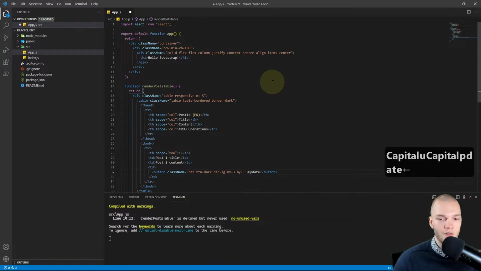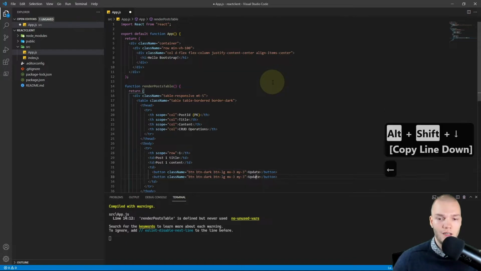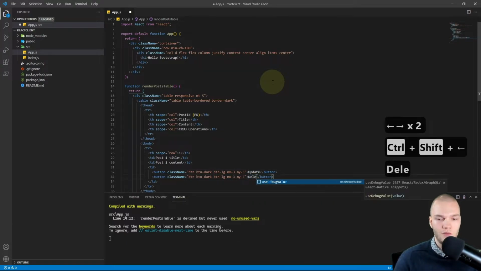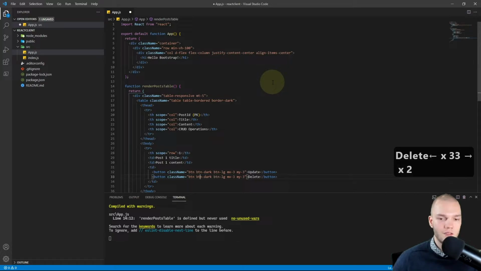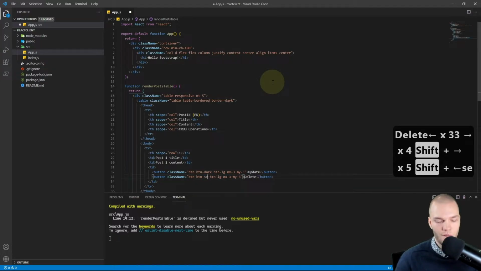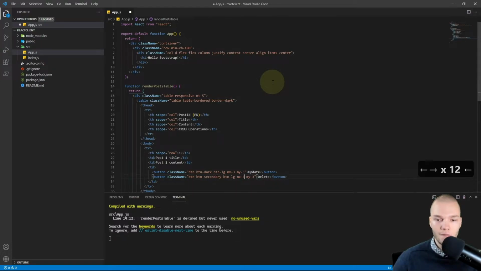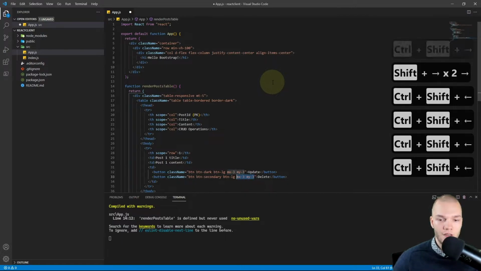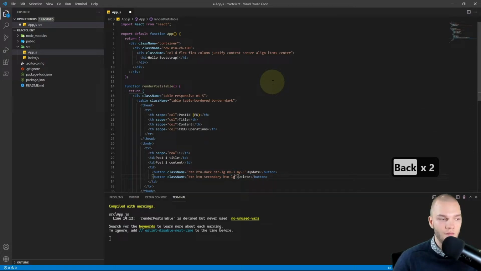And for the text I'll do update, and I'm going to duplicate that, change the text to delete, and I'll change the color to btn secondary and remove the margin X and margin Y.